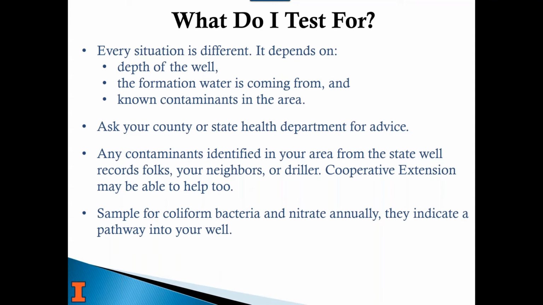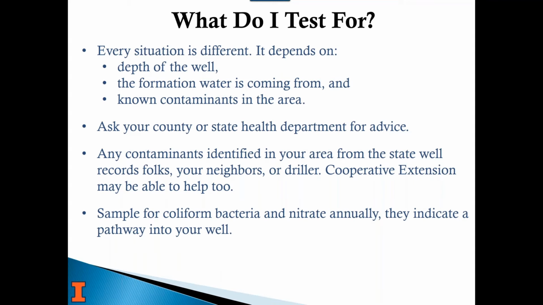The reason you test for coliform bacteria and nitrate annually is because they're so ubiquitous in the environment, especially at the surface, because of farming practices and livestock and our septic tanks and all those sorts of things. Background nitrate's probably 2 or 3 parts per million, but the standard's 10 as nitrogen, I think. Yeah. And if it's higher than that, that's not naturally occurring in general for nitrate. And you should have no bacteria in your well, no coliform bacteria.